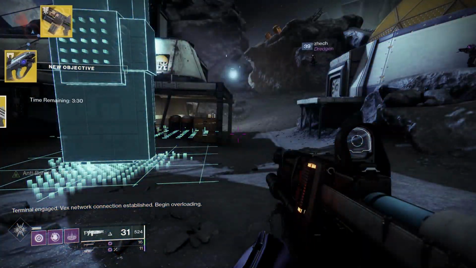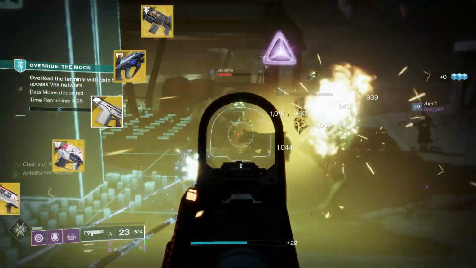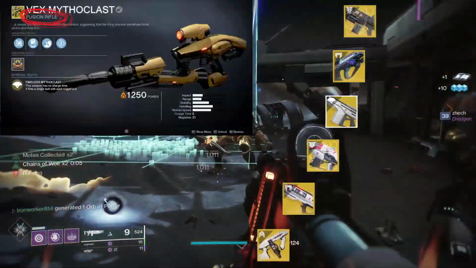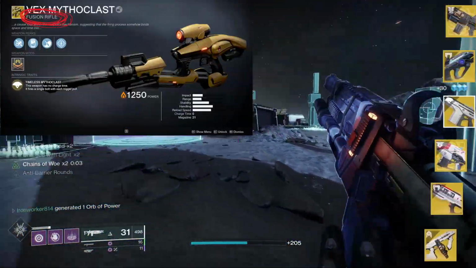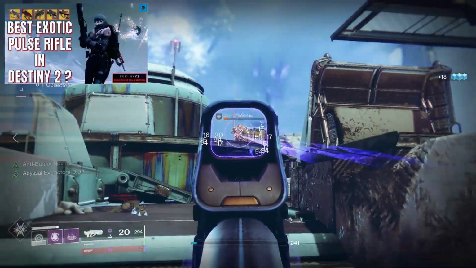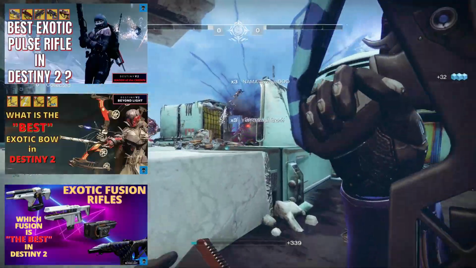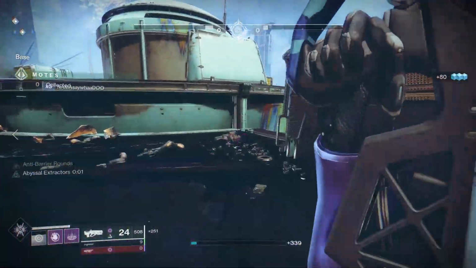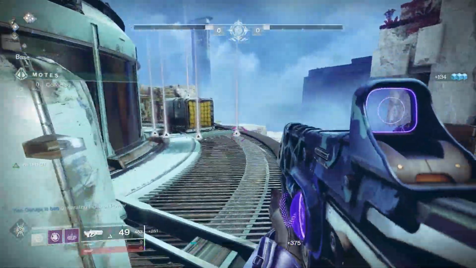Ladies and gentlemen, we have 6 exotic auto rifles in Destiny 2. 7 if you're counting Vex Mythoclast, but it technically is a fusion rifle, so I'm gonna be excluding it in this video. And unlike the other 3 videos that I did in this vein, the pulses, the bows, and the fusion rifles, I've decided to order up and rank these auto rifles in accordance with absolutely nothing except my personal